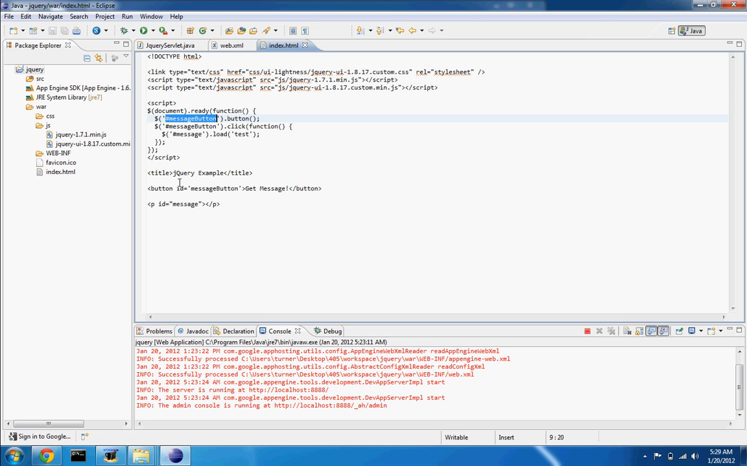And IDs have to be unique in the document, so there can only be one element with ID equal to message button. There could be another button or a paragraph or something else with ID equal to message button 2. But we can't have another element with the same ID message button. So now in cascading style sheets, in CSS, we can